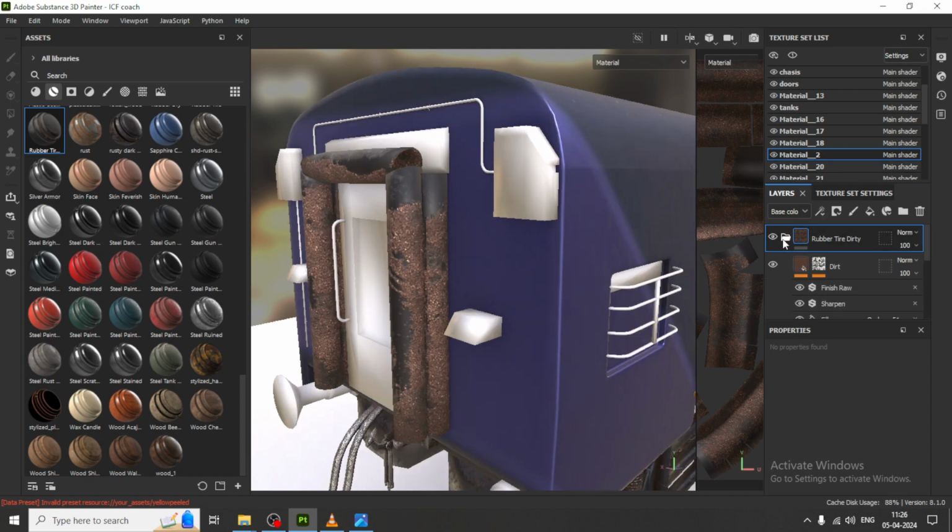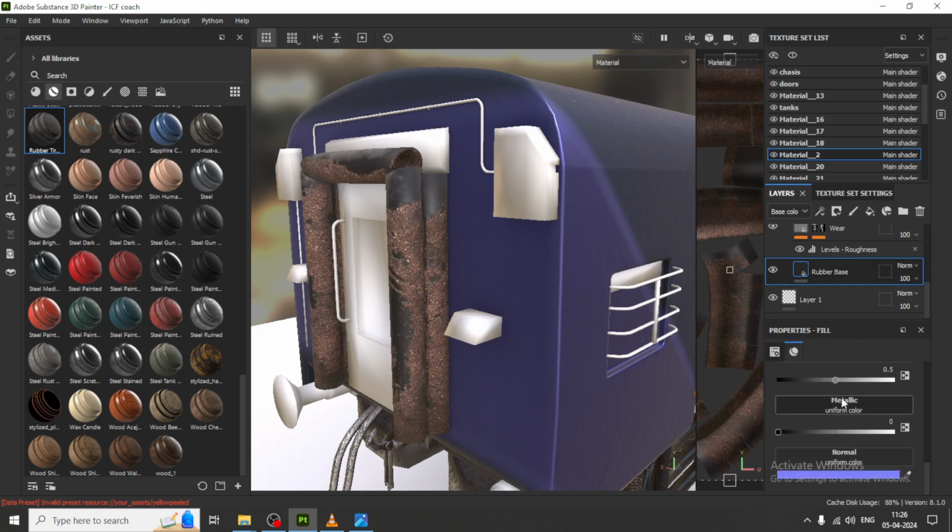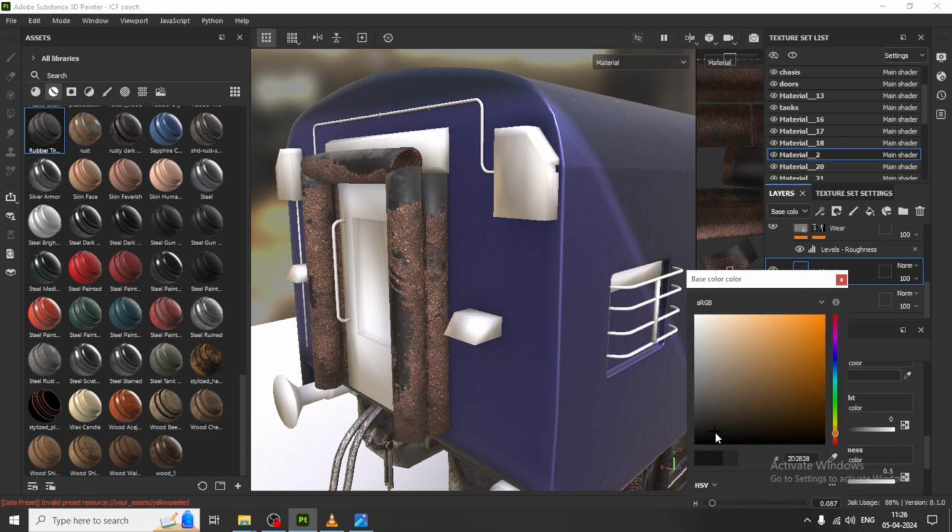Let's click on this, and dust you can just turn off if needed. Wear is also there. Rubber base, that's the base color. We can make this more darker, we can make this more darker, and